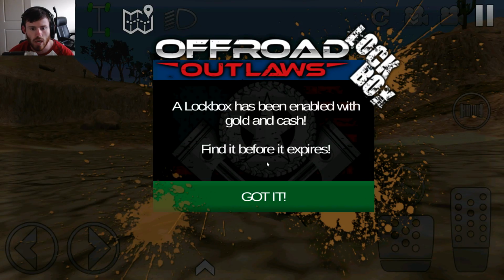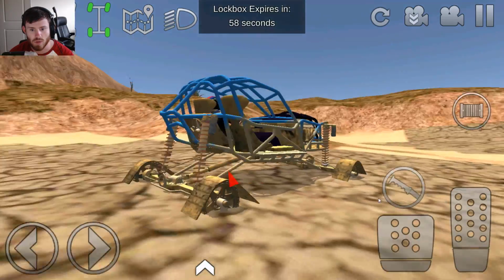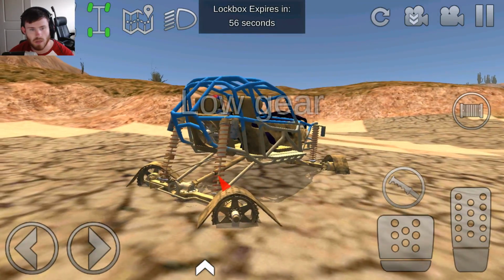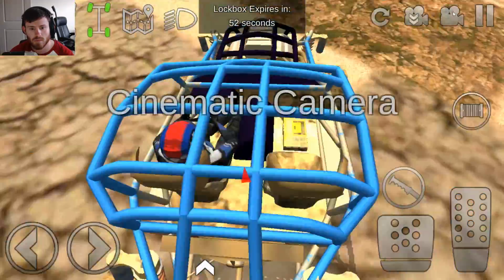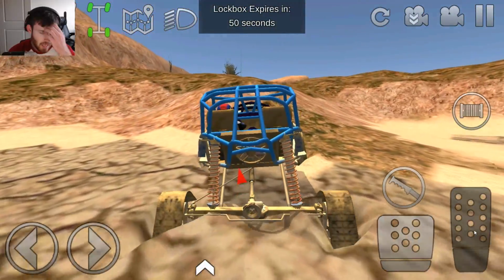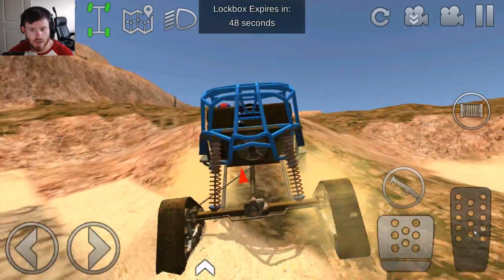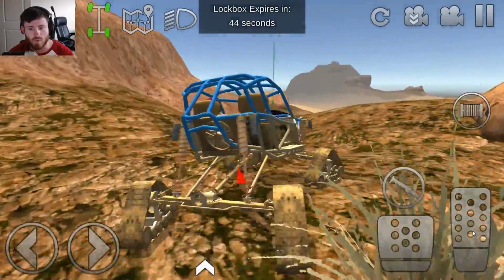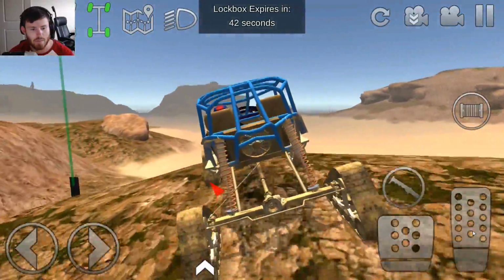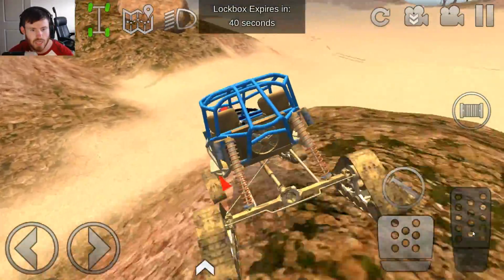Well, where are we at? All right, let's see if we can find this thing. Put it in follow camera. And the only thing, like I said, this thing is not great for timed stuff because the suspension likes to throw it off in random directions at the drop of a hat. But if we get to...